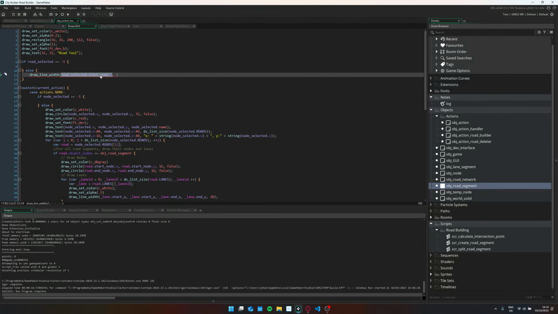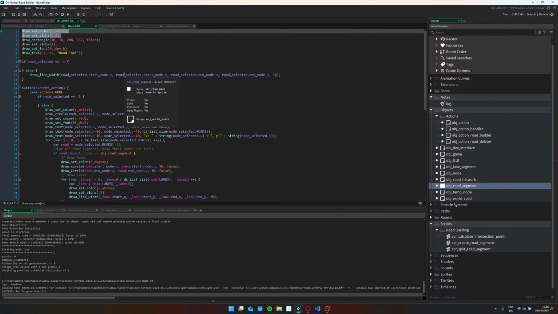I don't like these multiple references throughout each other. I don't, but I think it's okay. I think Game Maker is kind of designed to deal with this in a sense. And then the width should be, I don't know, 16. Okay. And just to make sure everything's fine, we can